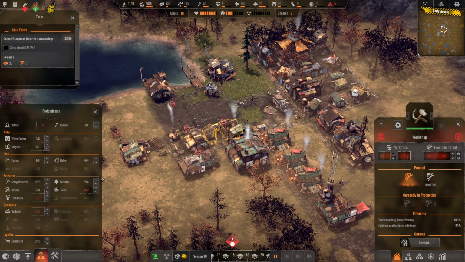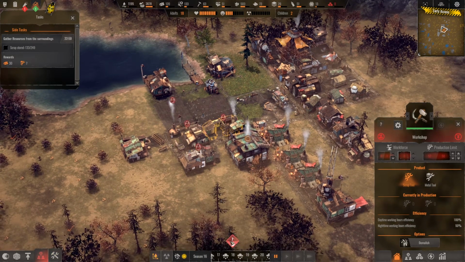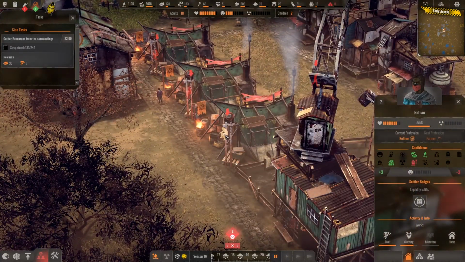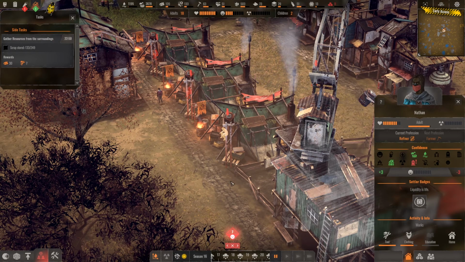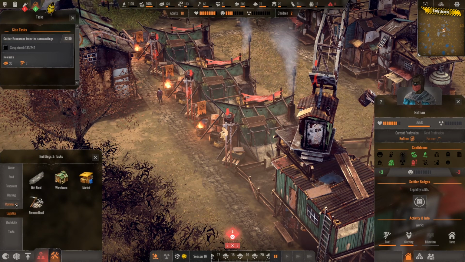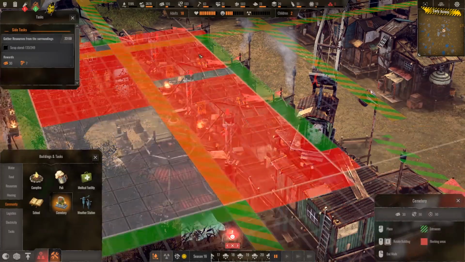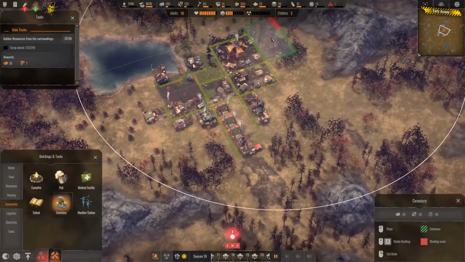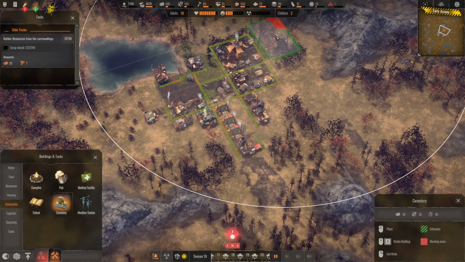That looks okay to me for right now. And over here we can see we have unhappy people. He's unhappy because somebody died. Oh, and I have not built a graveyard yet. Right. Community. Let's build the cemetery. Cemetery, also quite a big building. Which we will put...